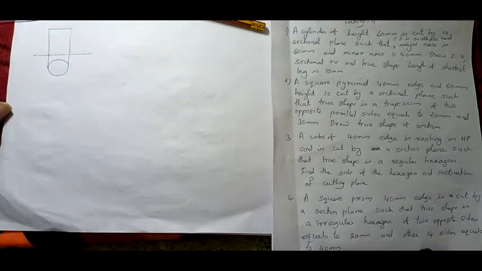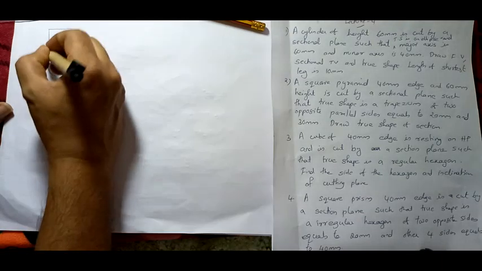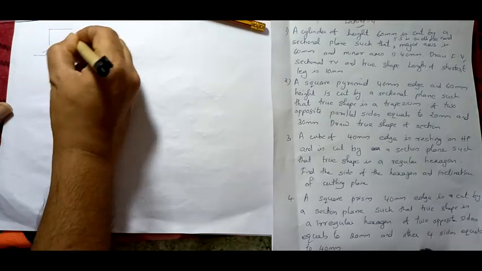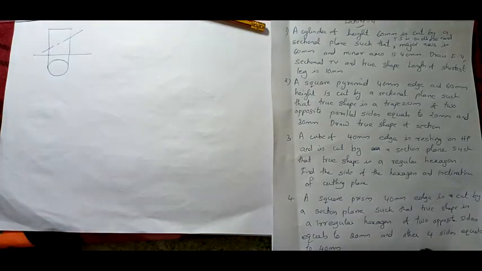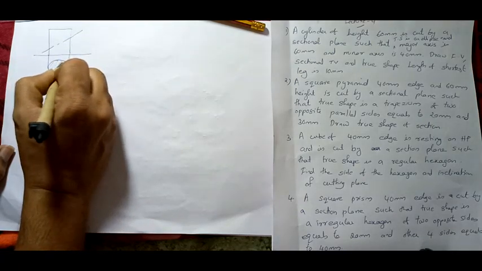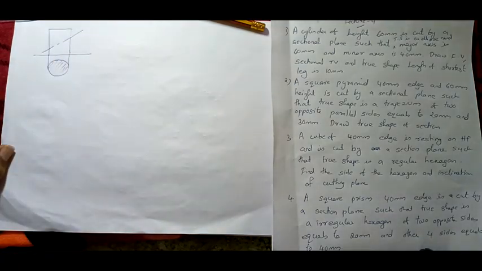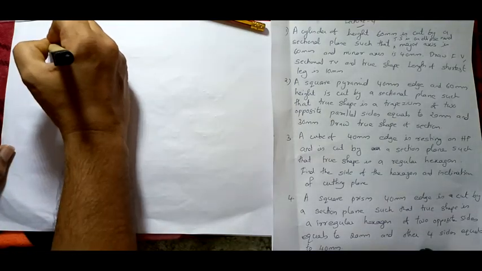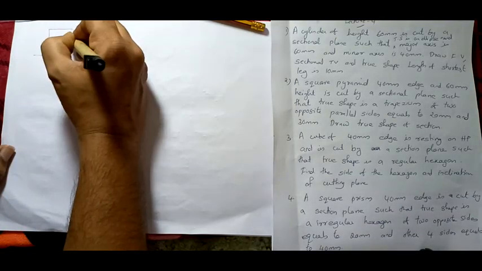If you have to form an ellipse, you have to cut through the faces. So this will form your ellipse. If you cut like this, you will get an ellipse, right? So here this will be true length. Now this will be the full sectional view. Now if you draw the true shape, I will be drawing here itself.